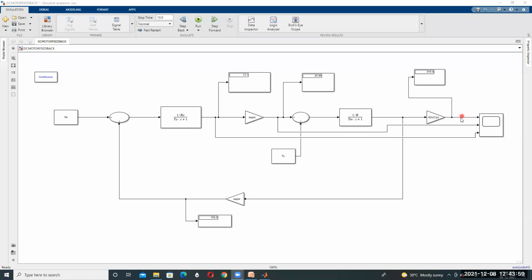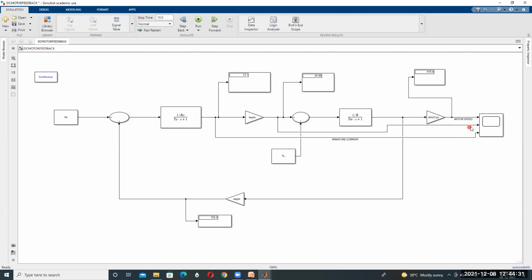Right here, this is the speed expression. On this wire, this is the motor speed. And then this is the armature current.